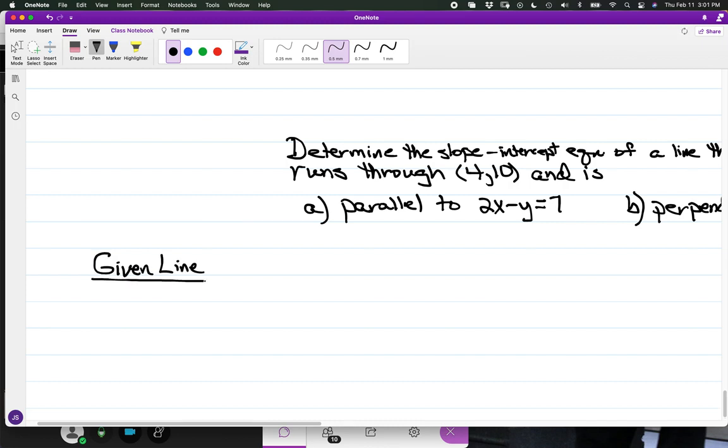For the given line, I have 2x minus y is equal to 7. And if I look at isolating the y term so as to express the equation in slope-intercept form, taking 2x away from both sides,